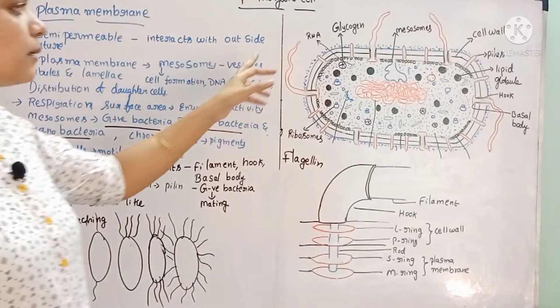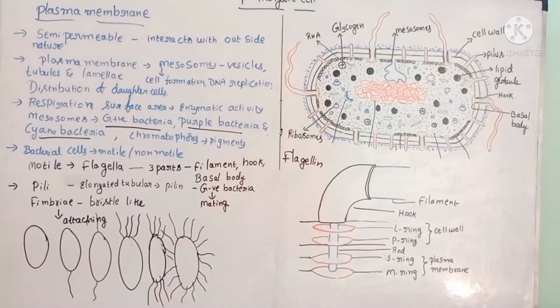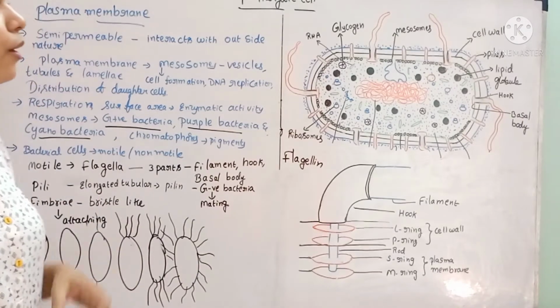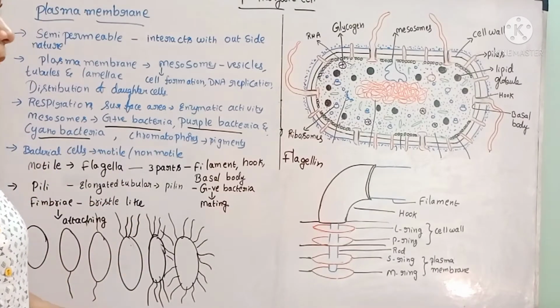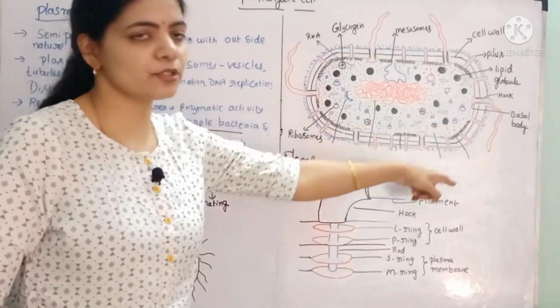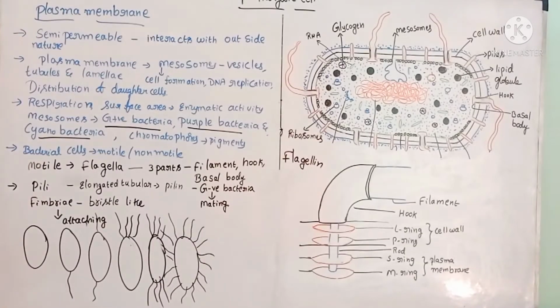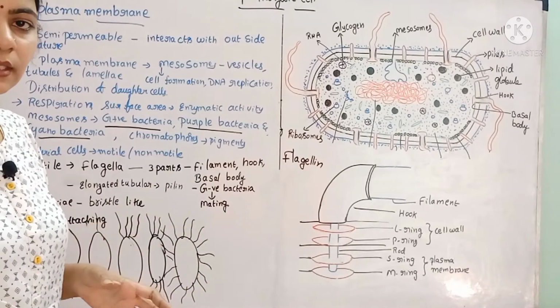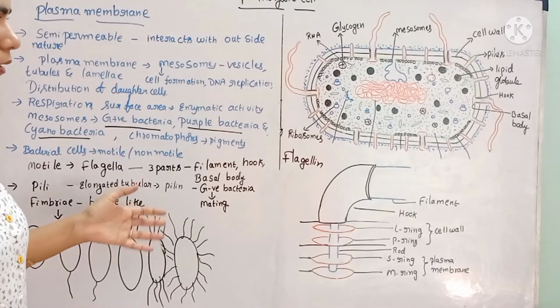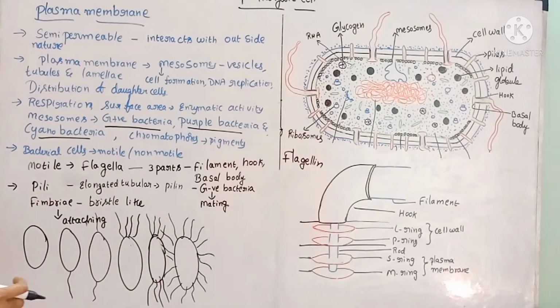The next topic is bacterial motility. Some bacteria may be motile, and some bacteria may be non-motile also. That motility is conferred by special hair-like structures called flagella. Because of the presence of those flagella, the bacteria which have flagella are able to move, and the bacteria which do not have flagella will not exhibit that kind of motility.